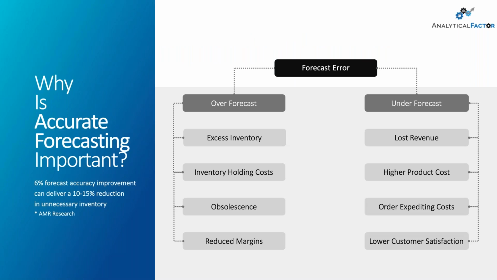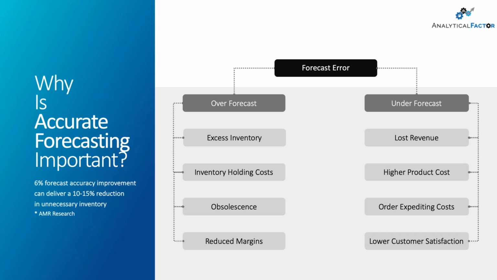Now, and I like this slide because this slide simplifies what forecast error means and why it's critical. Because forecast error has different shapes, right? I mean, those who do forecasting on a daily basis are always looking at the negative part, right? We are measuring the error, we are not measuring the accuracy.